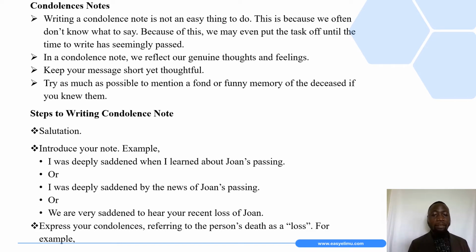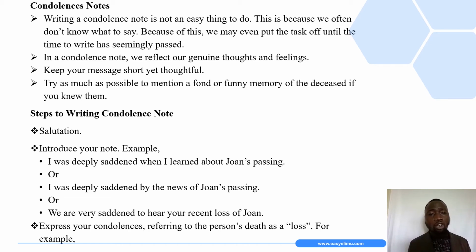In most cases, many people do not know what to write in condolence notes. Most of us do not know how to express sympathy to those who are suffering, or to those who are having maybe misfortunes,